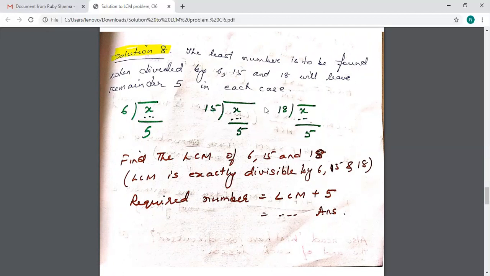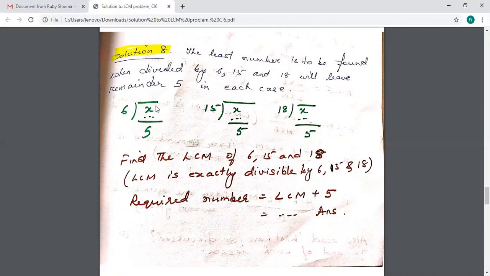Now first of all, this x will be a multiple of all the 3. So find the LCM. Instead of finding any common multiple, the LCM is the best method. You find the lowest common multiple. So that will be divisible by 6 also, 15 also, 18 also, isn't it? But in each case, there is a remainder of 5. So if I add 5 to that multiple,